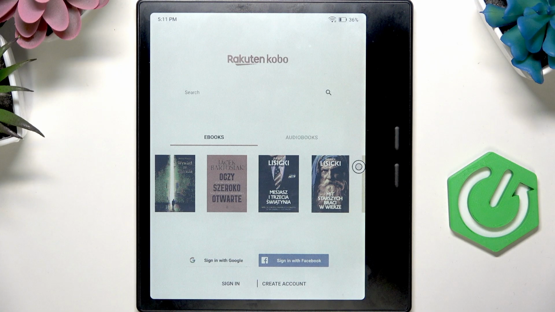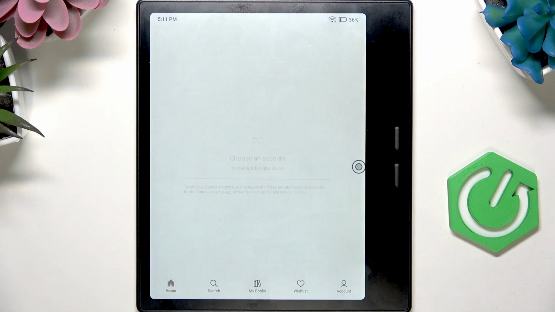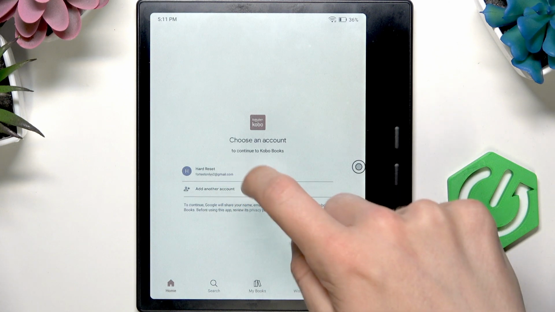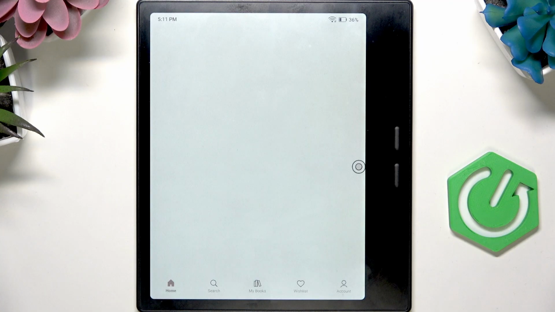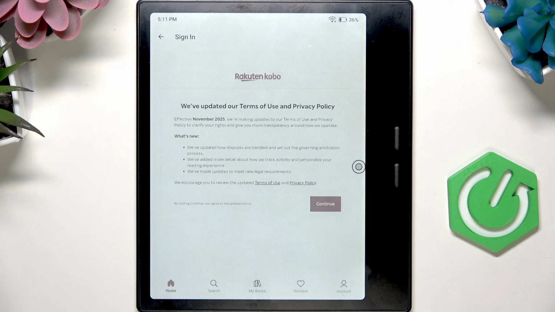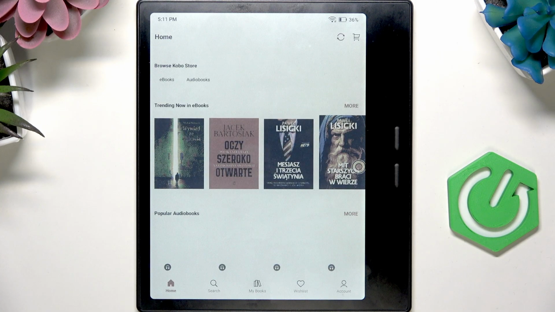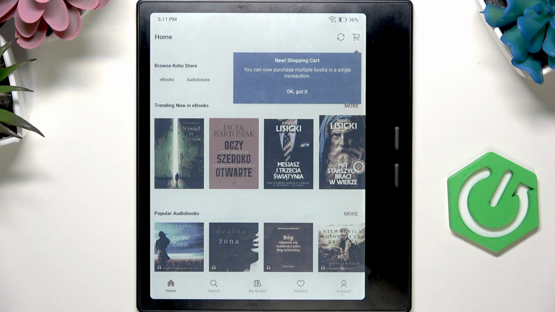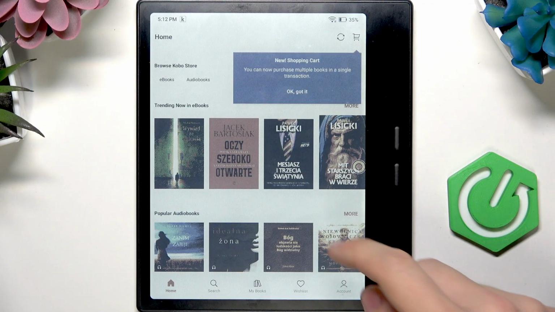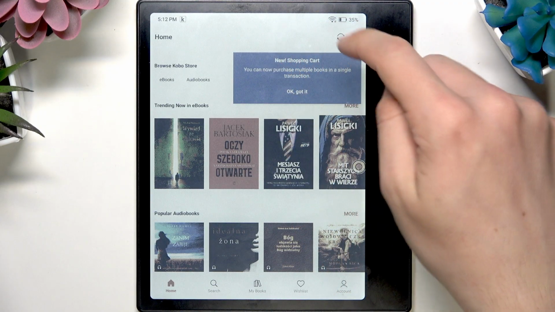I'll sign in with Google because I think it'll be just the fastest since I already have a Google account signed in. Let's click on continue. But of course you can just create your own account. And as you can see, I'm already in the app. Now we can find multiple different